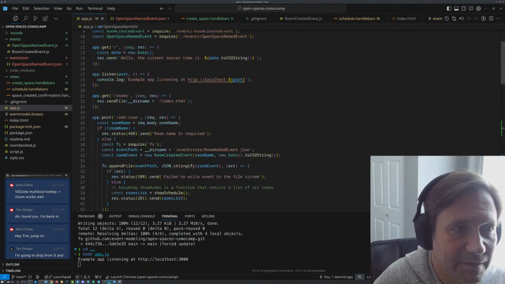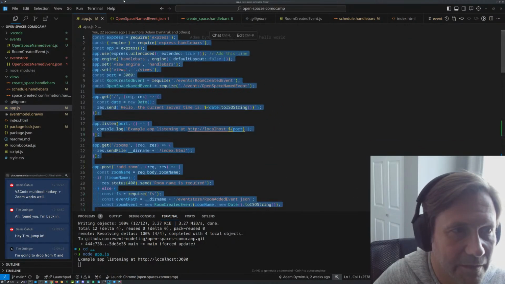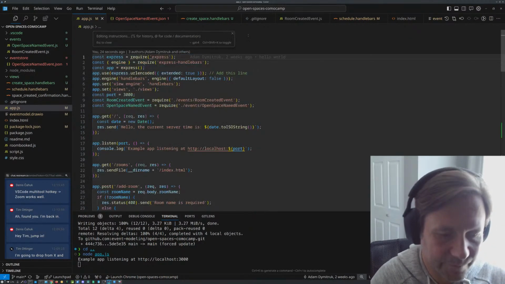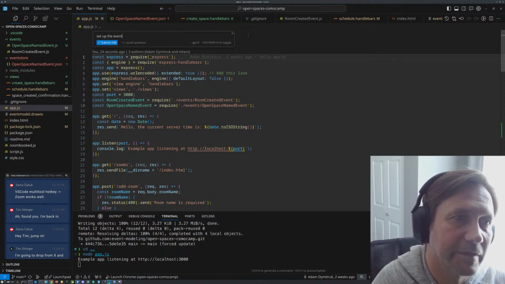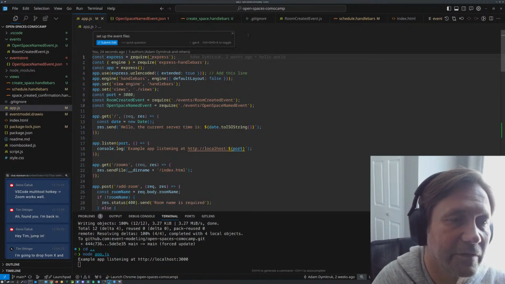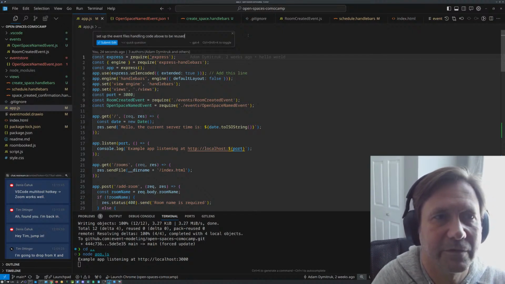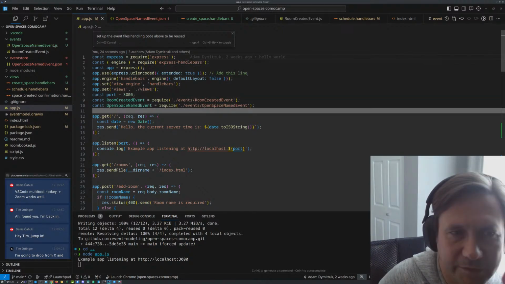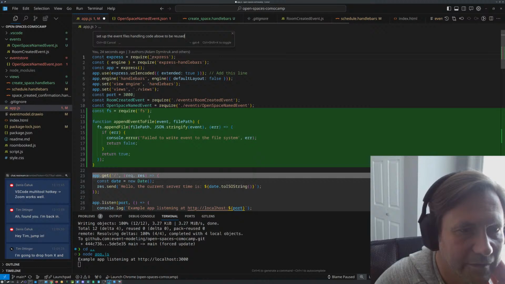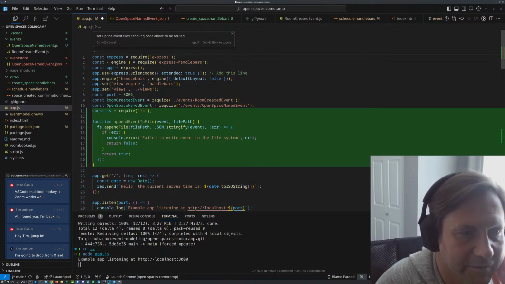Can set this up somewhere here. So I can just say, edit, set up the event files handling code above to be reused. We're going to be doing that a lot. So just see what it does. Append to file. Okay, file.